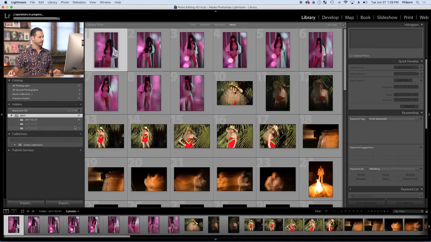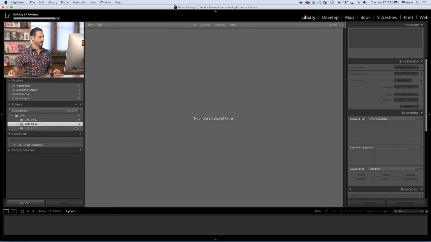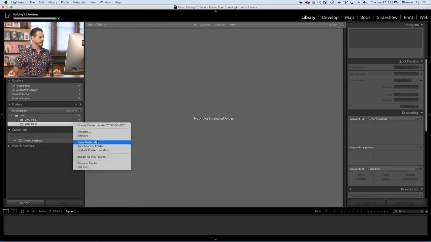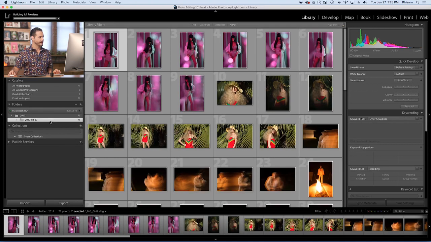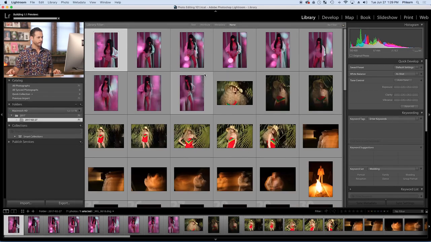So I'm going to just right click here and go to remove these other folders because there's nothing inside of them. We don't need them anymore. So we've simplified a little bit more. So now we're just using one folder that has all of our images in it. Okay. And I'm going to go ahead and